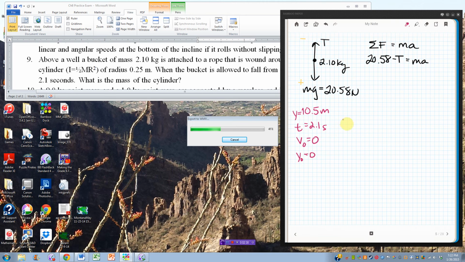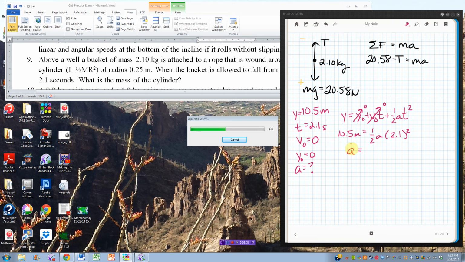I can use this equation. Remember that one? Of course you do. I can use the equation to solve for a. This is 0, that is 0. So 10.5 meters will equal 1/2 a times 2.1 squared. If I do all that and solve for a,